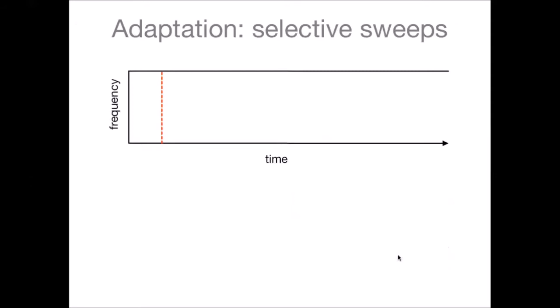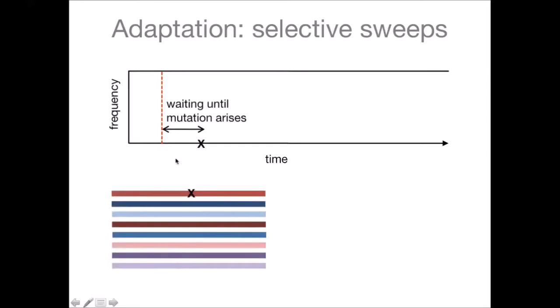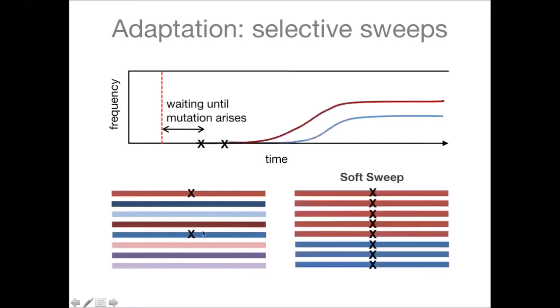Now, let's consider the case where you have very rapid adaptation. In this case, you have very large census size or a large input mutation rate or a lot of standing genetic variation. Here, you'll have a very short waiting time until a new mutation arises, and it will be so short that a second one will arise on the background of a different haplotype. And then, if both survive drift, you will have both rising to high frequency, and this will result in a signature of a soft sweep where you have two or more haplotypes instead of just one.